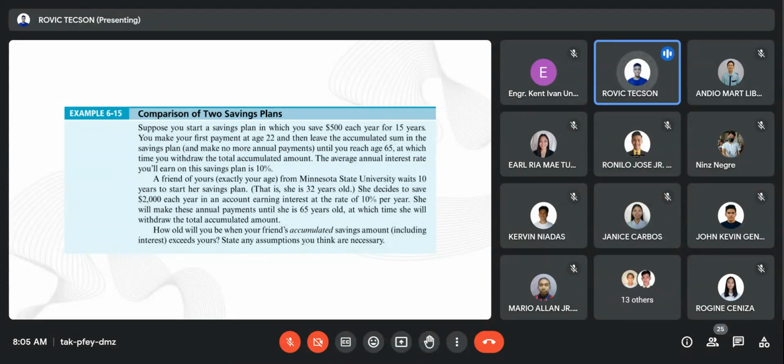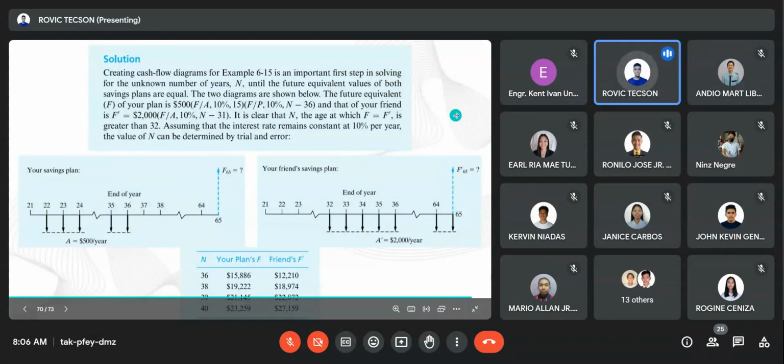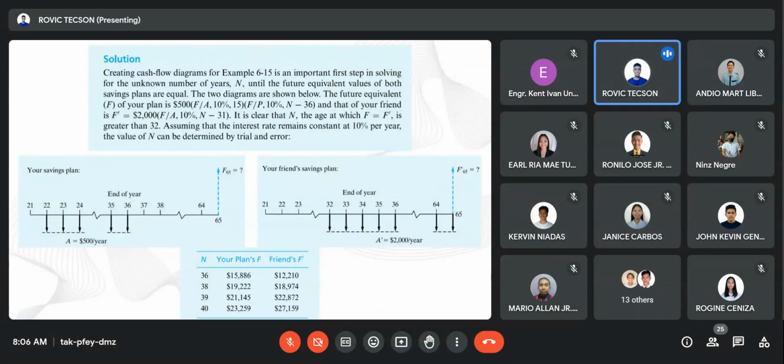So kanin siya is trial and error ni siya nga part. So mao ni siya ang solution and its cash flows. So as you can see, gigamitan siya og trial and error to determine asa nga age mo labaw ang iyang friend's savings with interest sa iyang savings plan. So nilabaw siya